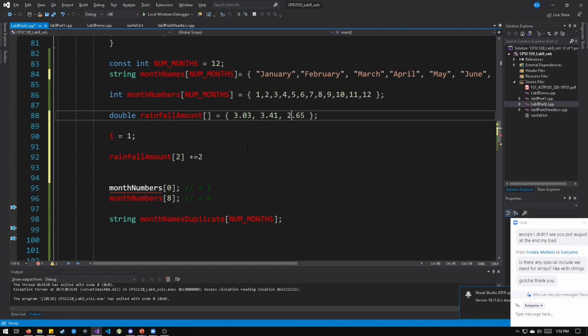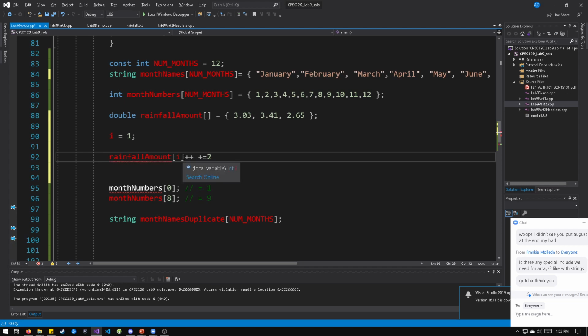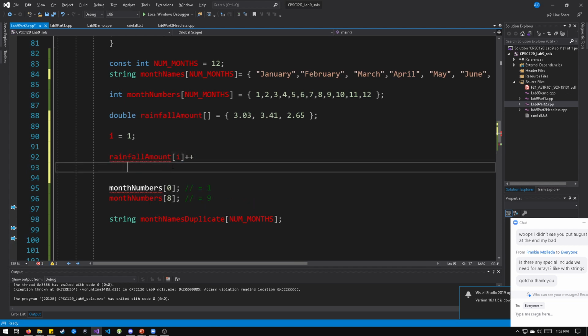Now, alternatively, I could do rainfall amount of I and then plus plus on the outside, where this is using the plus plus operator on the entire thing here. Which is the same as doing plus equals 2, but you see rainfall amount plus plus will find the ith entity, which is 3.41, and increment it by 1. So just be careful. Generally, you want to increment over your